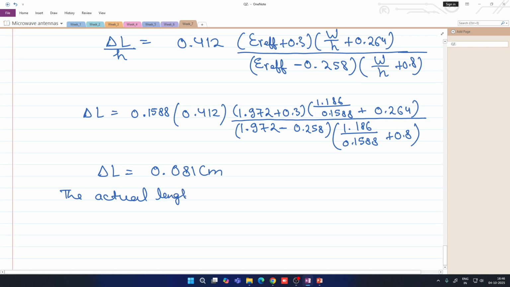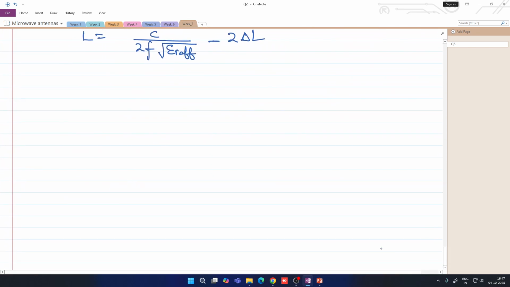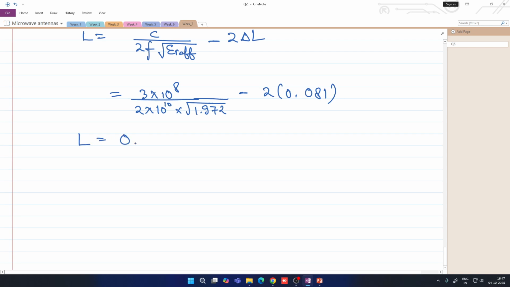the actual length of the patch, L, which is c divided by 2f into under root epsilon r effective, minus 2 delta L. So c is 3 into 10 to the power 8, divided by 2 into 10 to the power 10 into under root of 1.972, minus 2 into 0.081. So L is 0.906 centimeters,